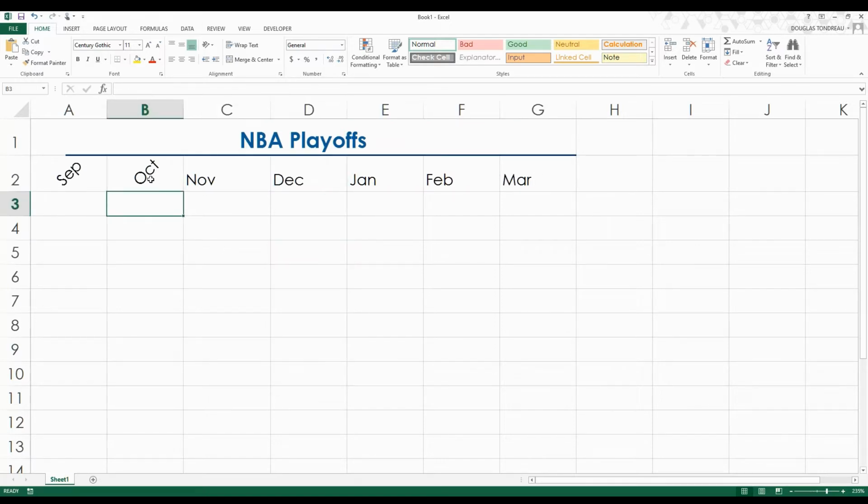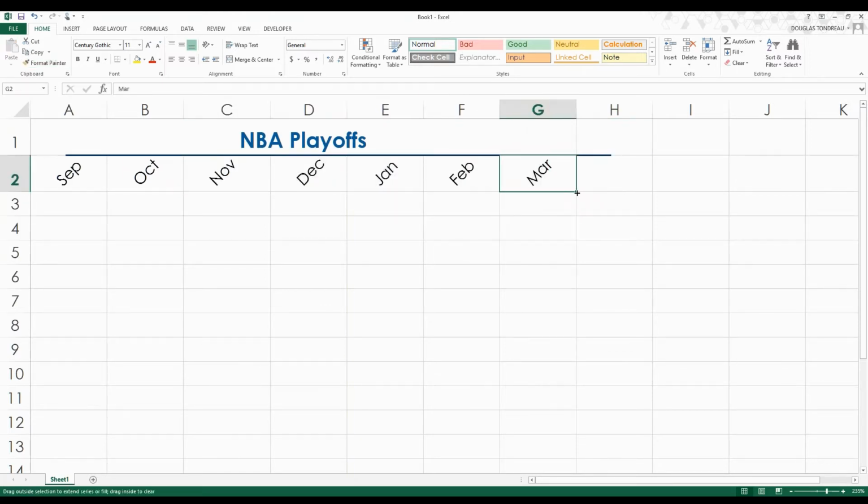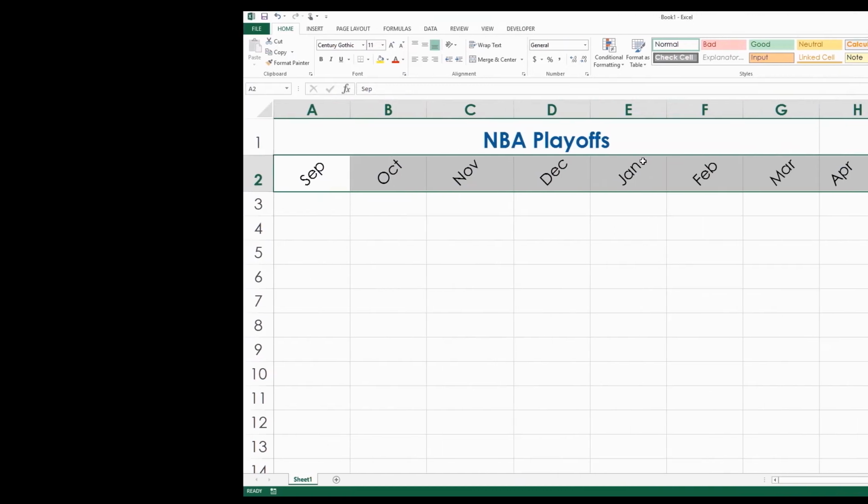The way you would do that is by clicking on October, then clicking on Format Painter, and highlighting November all the way to March. And as you notice, I'll add one more month. I now have every single one of my months sitting at a 45-degree angle. So this is a cool and nifty way to create a series of months and